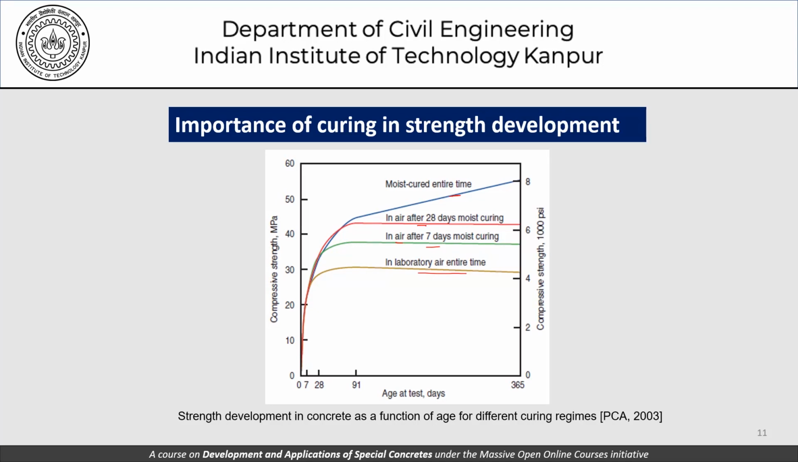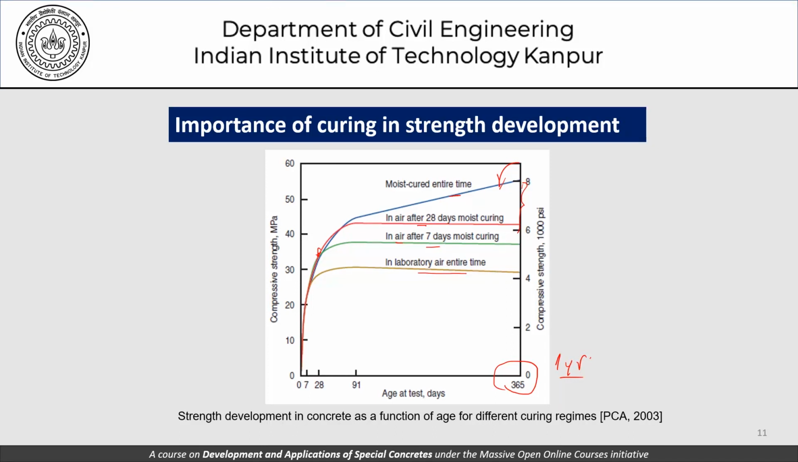Please note that the last time on this graph is 365 days, which is 1 year. So you can see that there is a substantial amount of development in strength that is happening beyond the 28-day period as far as moist cured conditions are concerned. With respect to this, the amount of development that is happening at other curing conditions is much smaller. That's one thing to note. The second thing to note is